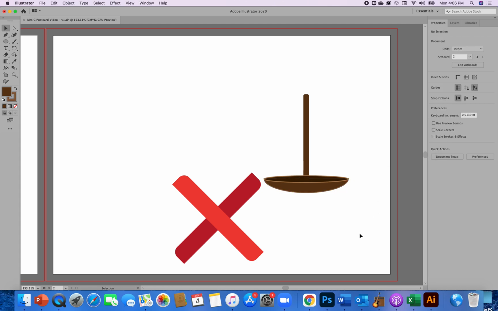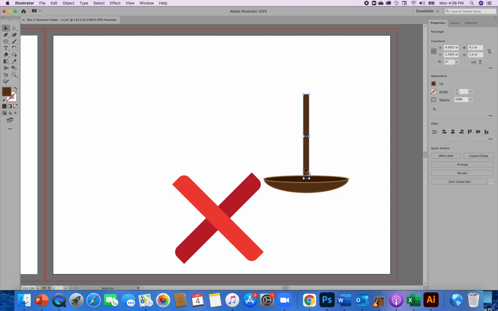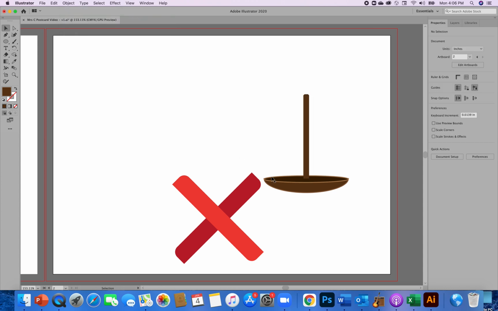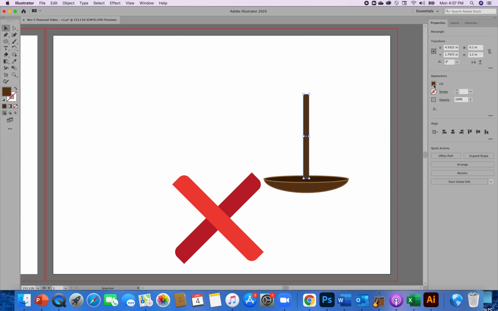All right, so now we have a stroke around the entire boat, the boat and the inside of the boat. The next thing we're going to do is bring this to the front, and we can do that by simply going to Object, Arrange, Bring to Front. Now this is in front of this,